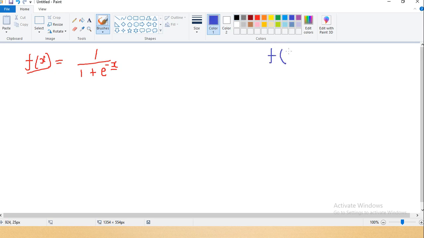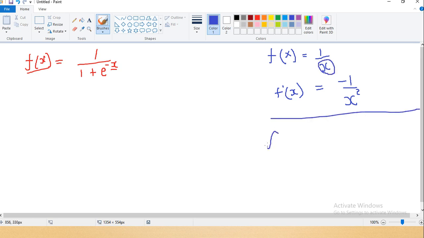Suppose f of x is given as 1 upon x, f of x is equal to 1 upon x, and someone says, sir, please find the derivative of this one. So f dash x, otherwise df by dx, is equal to minus 1 upon x square, that is the formula. But in the place of x, if you have a formula,